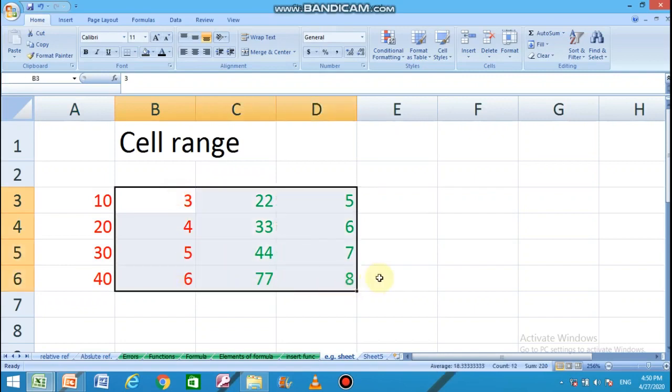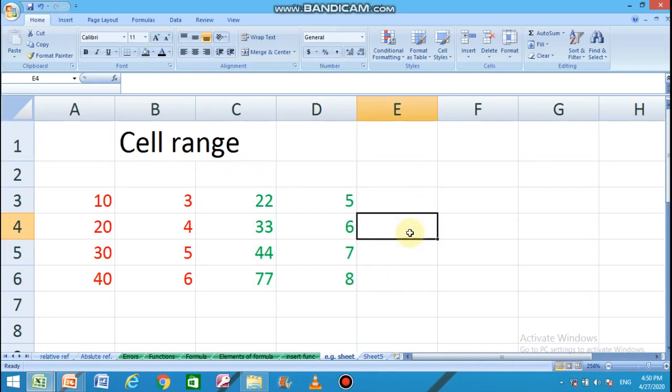Always when there is a cell range, it forms a rectangular or a square structure. If you want to work on a set of values which are in a range, then you can specify the range by typing the first cell address, then a colon, and the last cell address.